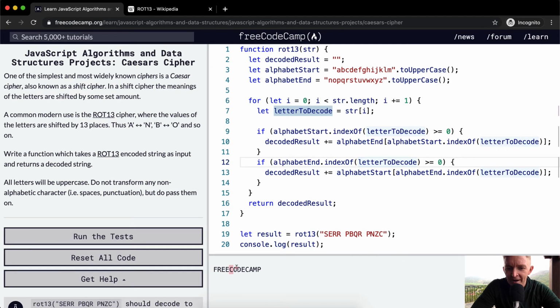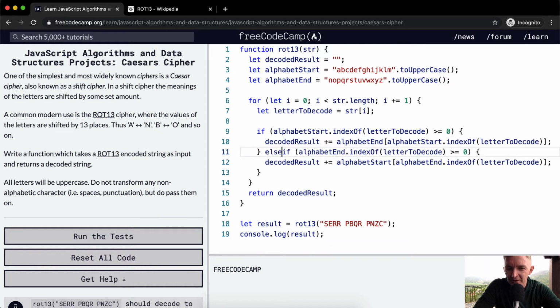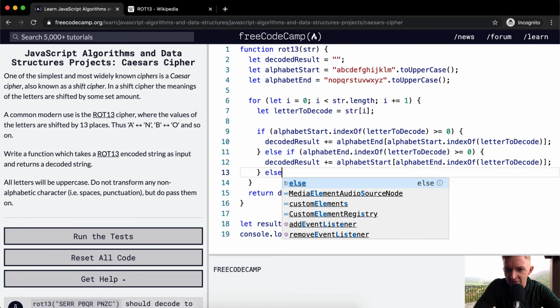But we're noticing right now we're not adding the thing. When the spaces come in, they don't work. So we should try to figure out a way to manage that. Well, we can make this an else if statement, which means we'll still get the same thing. And then we can say else if